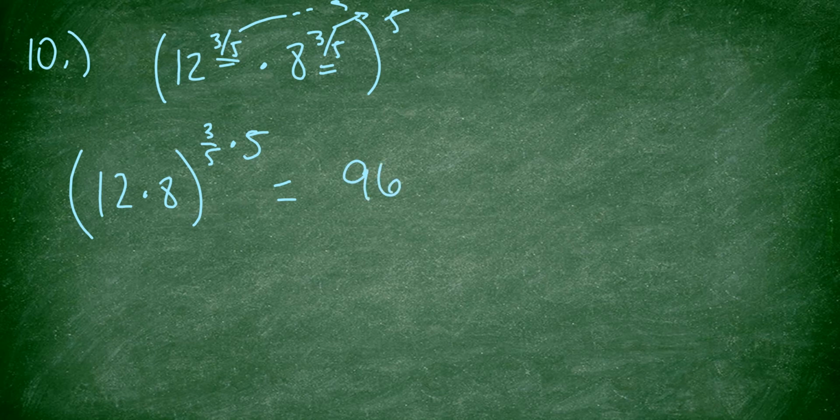I notice that those exponents match, so I kind of factor out the common exponent. So I'm going to take these 3/5, I'm going to put them both outside, so they're going to turn to 1. So I'm going to have 12 times 8, all to the 3/5 times 5. So I took the two matching 3/5, they turn into this one 3/5 right here. 3/5 times 5 is 3, so I end up with 12 times 8, which is 96, all to the 3rd power. You can do this as 96 to the 3rd power, or you can write it as